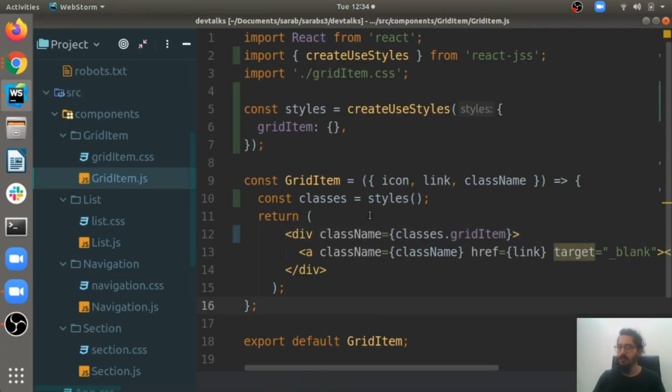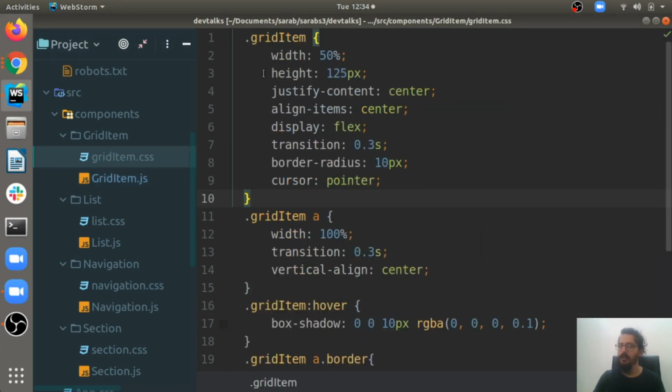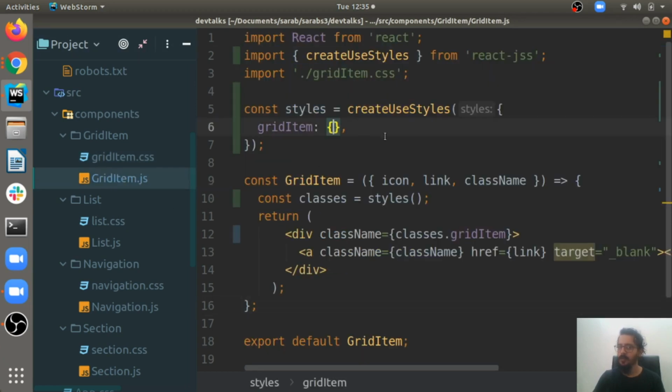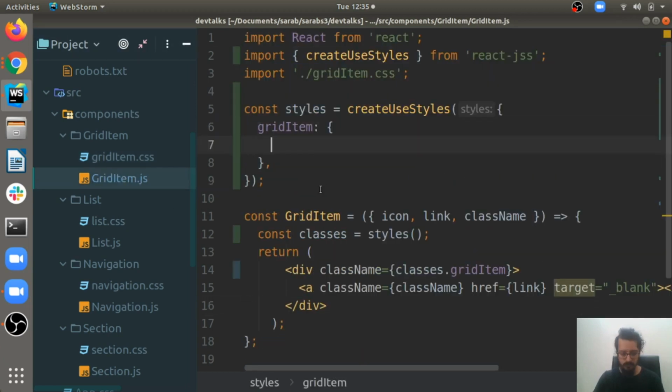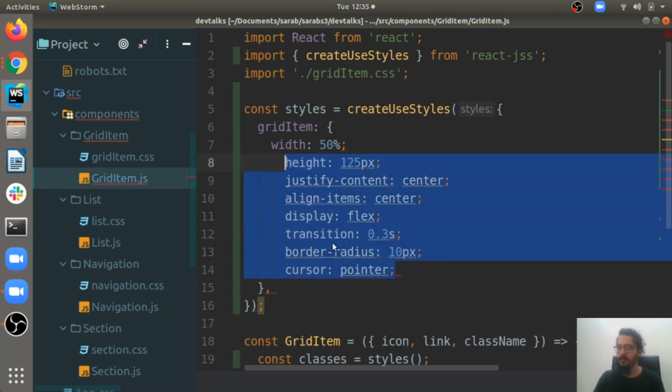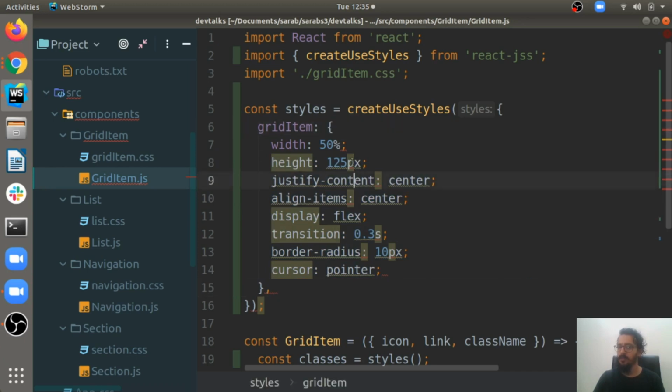Now let's see how to put styles inside this. I will go back into my CSS file, copy all of these styles from here, and put them inside this object. Now we know this is a JSON-like object and we cannot use semicolons inside it.